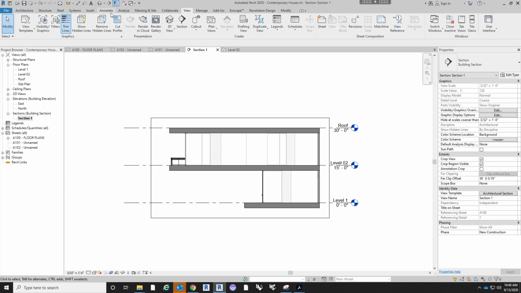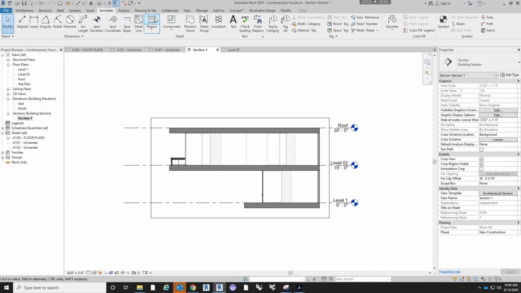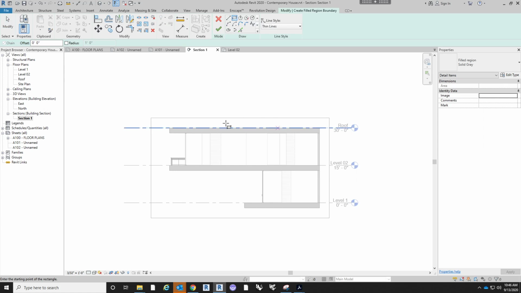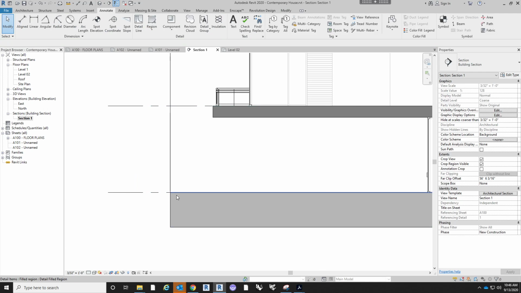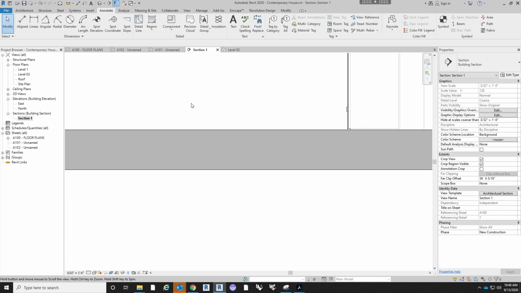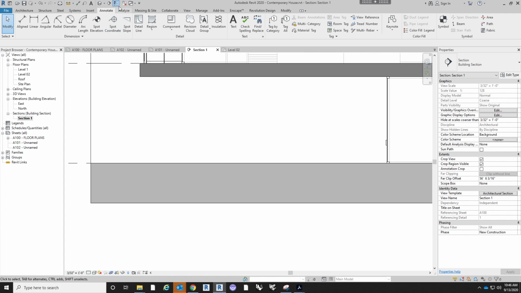We can also go in to the Annotate tab, create a ground plane for us again with the filled region. The one thing to also be cognizant of when we're creating a filled region is the line style. So right now we have thin lines on, which is just a really nice thin line, but we can change it to a wider line. And if we hit check,